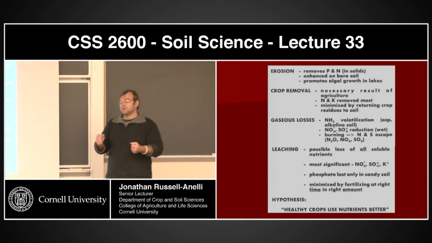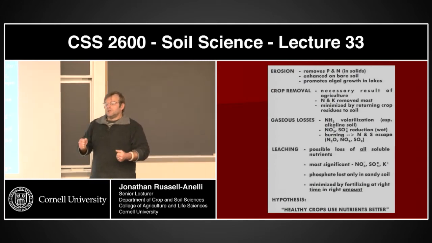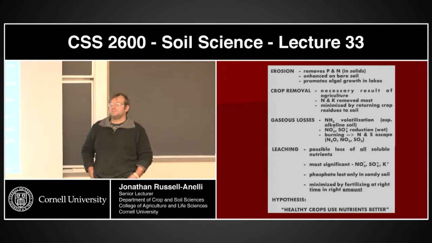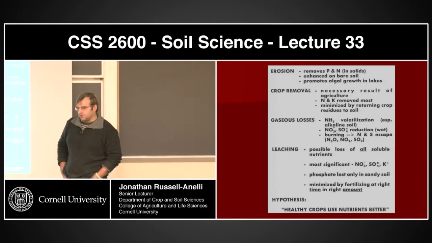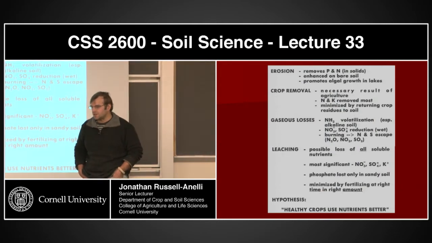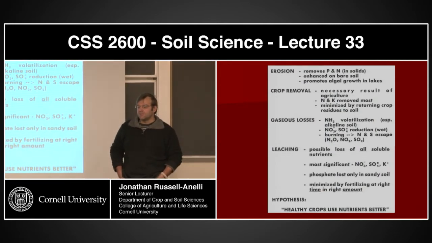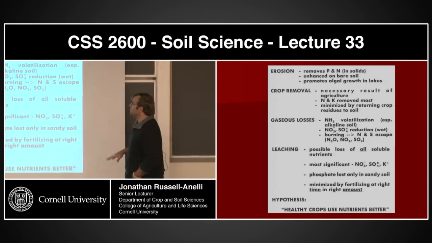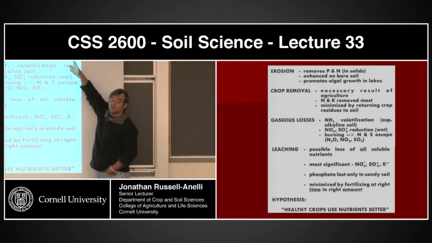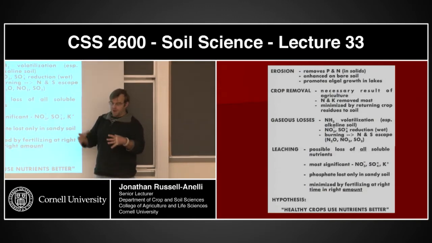How does that work in a closed system as far as leaching goes? So if you have potted plants, what's the predominant loss? Well, I understand the question of the closed system. I wouldn't actually call potted plants a closed system, but yeah, I understand the question there. So if we're having a greenhouse operation or a potted plant system, how would we reduce some of this? Well, certainly in a potted plant system you'd have a lot less erosion because you have a capture field,